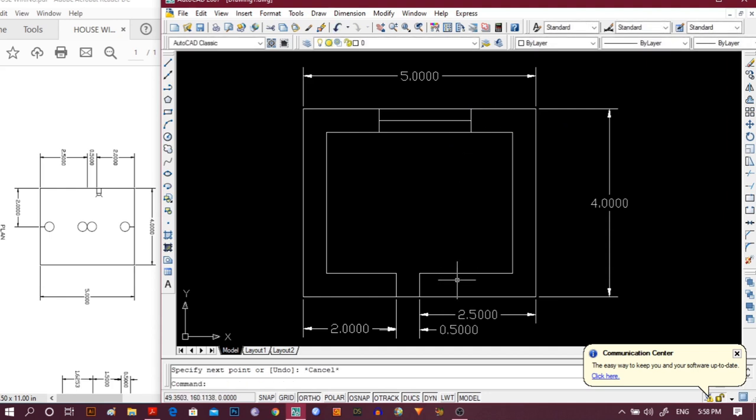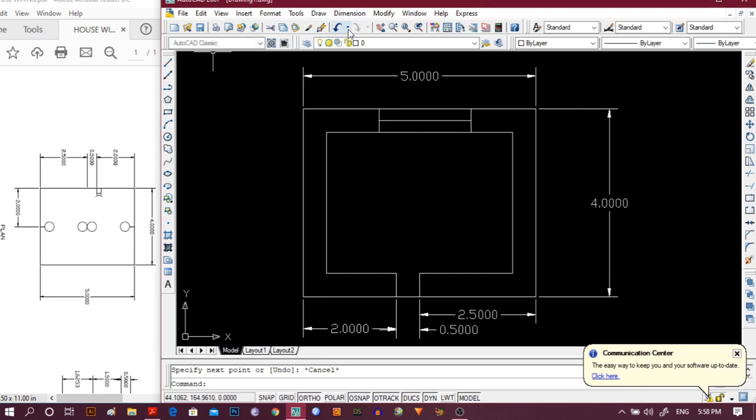Now in the main part, the electrical wiring part, we can clearly see we have to place a power socket, a fan and 2 lights there. First place the power socket here, 0.25 meter apart from this side.